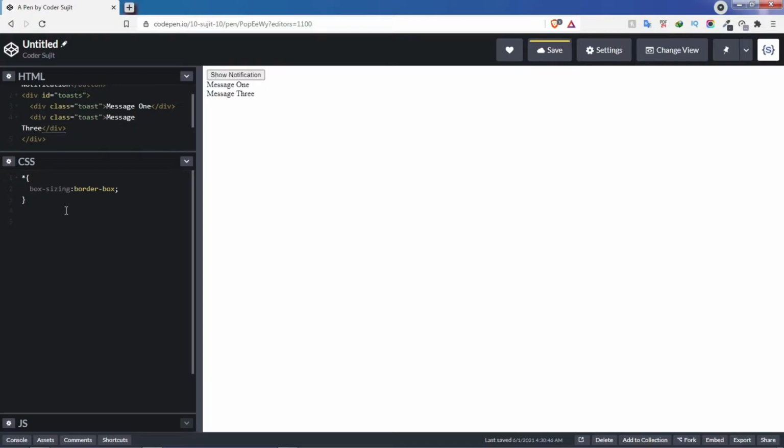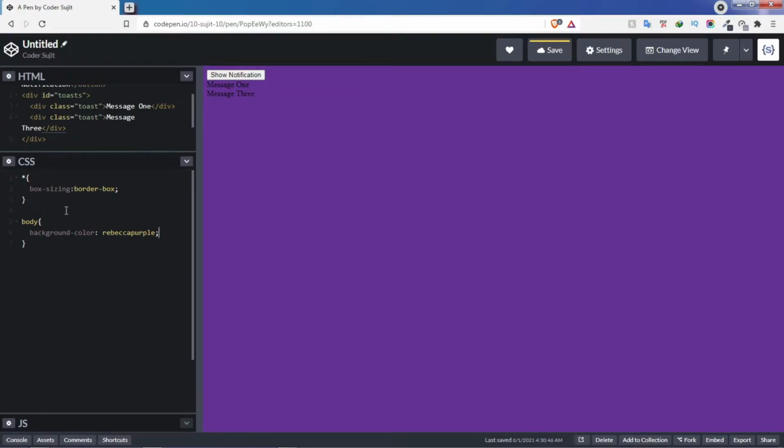I'm not going to reset margin or padding, and I'm going to give the body a background color of Rebecca purple. I hope that I typed it correctly. Yes, Rebecca purple. And I'm going to set its display as flex,